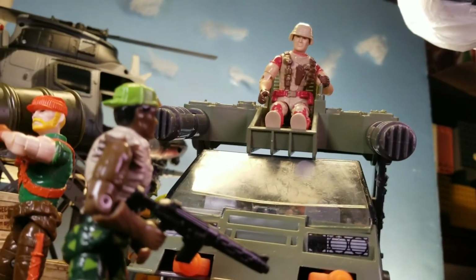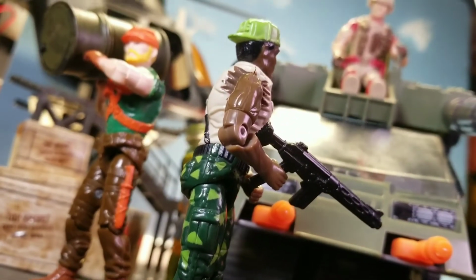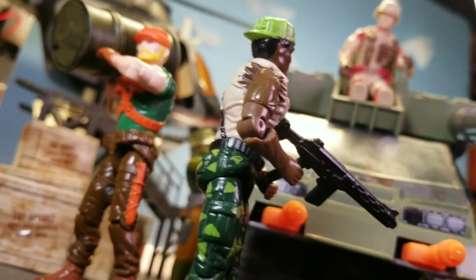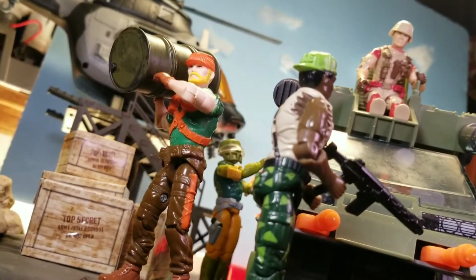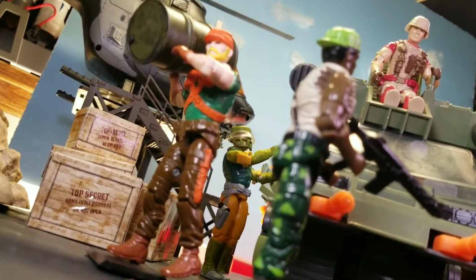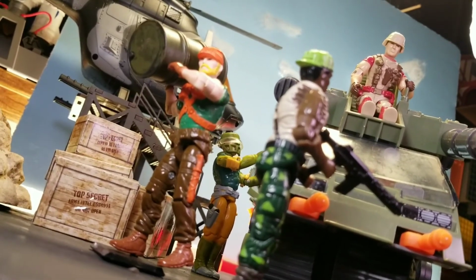Having Duke riding on top of the Havoc, talking to this dude. I think his name is Hardball. If I'm wrong, correct me in the comments, please. But I'm pretty sure his name's Hardball. And then there's Rock and Roll here in the orange hat, one of the Neons, and then we got Gridiron, I think, in the back. It's like a football-themed G.I. Joe. And just kind of getting them set up for like